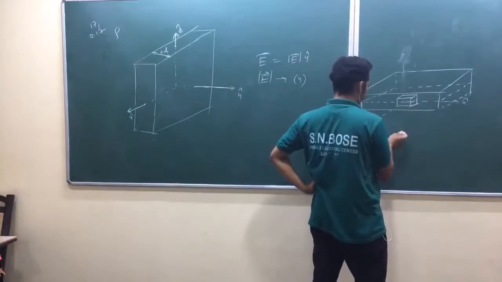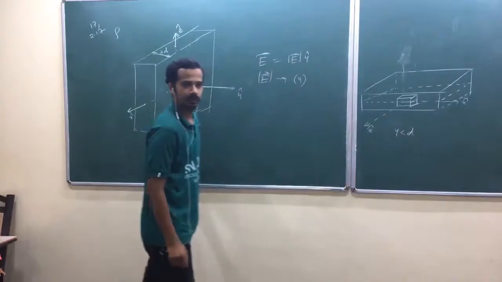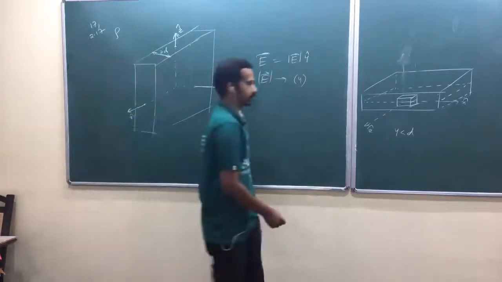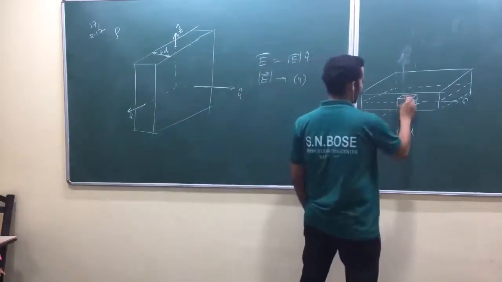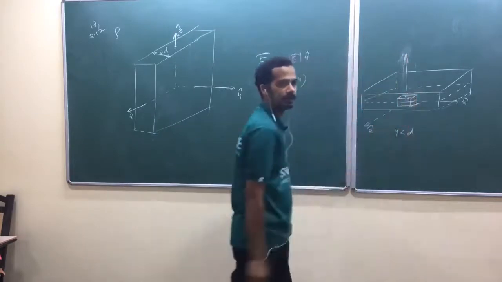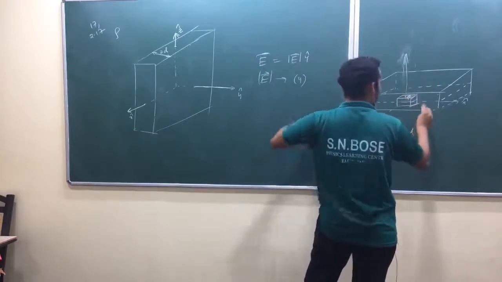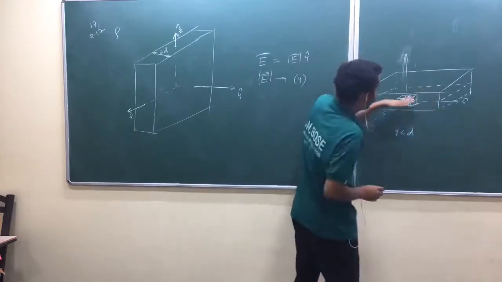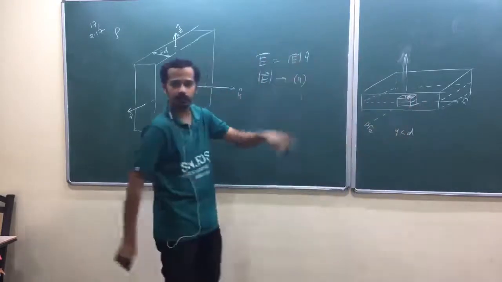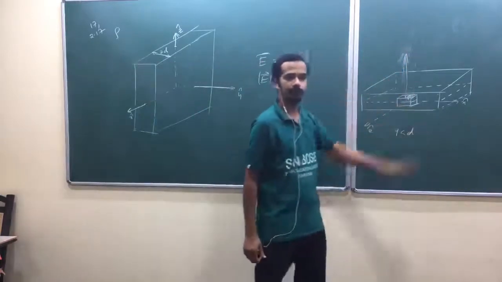If you want to find the electric field inside, y is less than d. Y is less than d means inside this slab. So I can take a Gaussian pillbox like this at a distance y from the origin. Suppose this is the area A, and only this part of the area and the area below will contribute to the flux, isn't it? Because the electric field will be along y cap or minus y cap. Below it should be minus y cap, above it should be plus y cap.